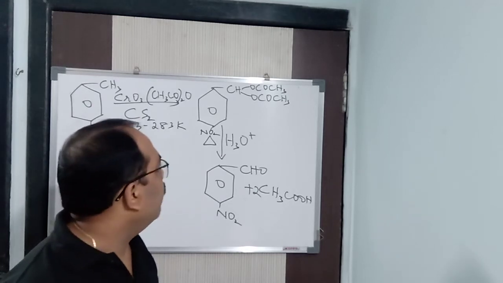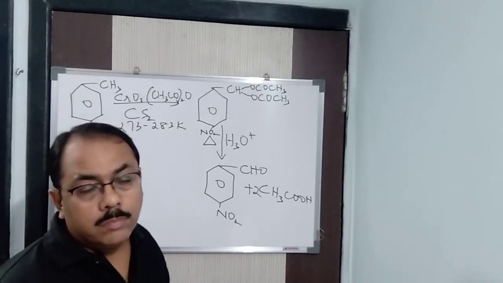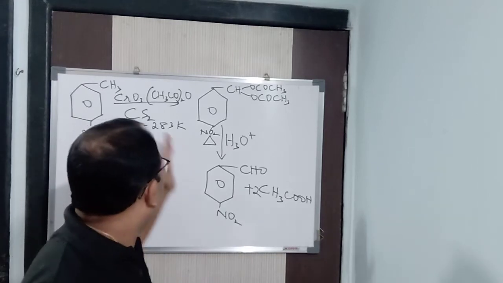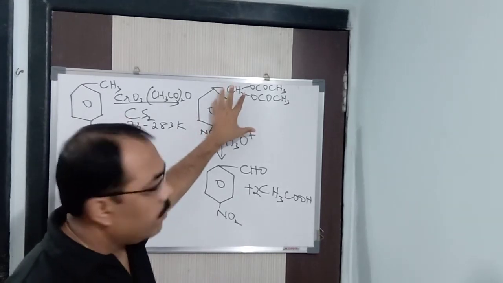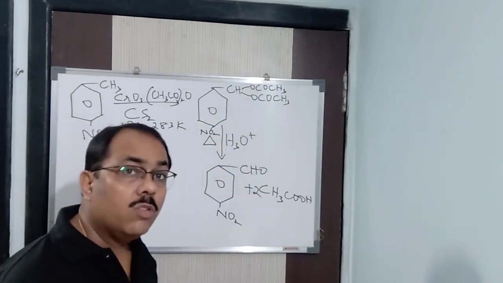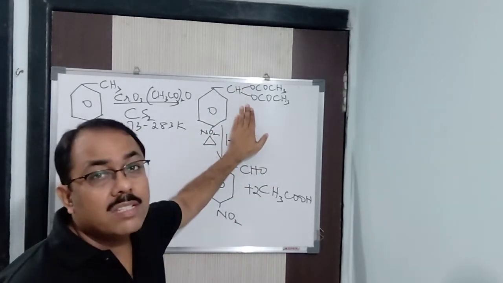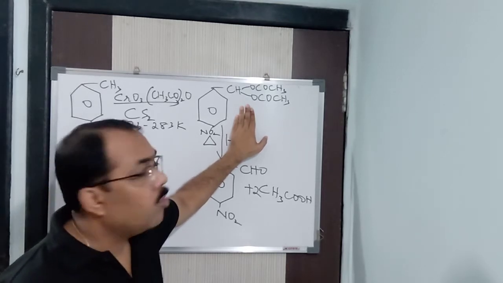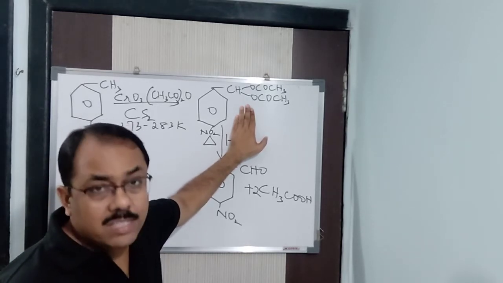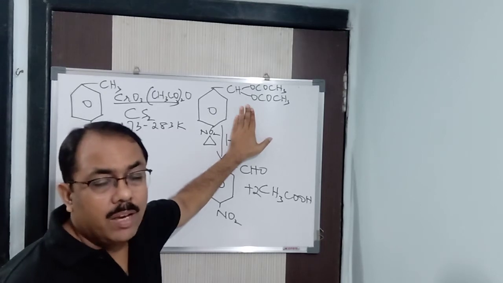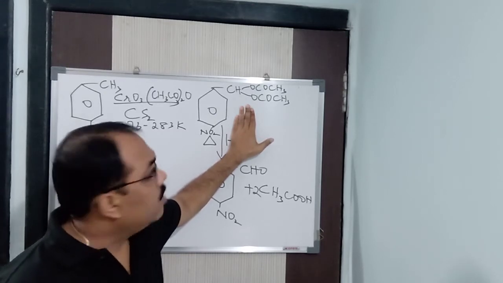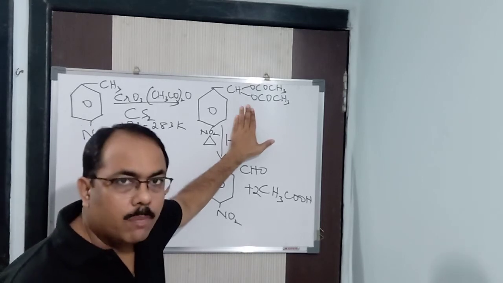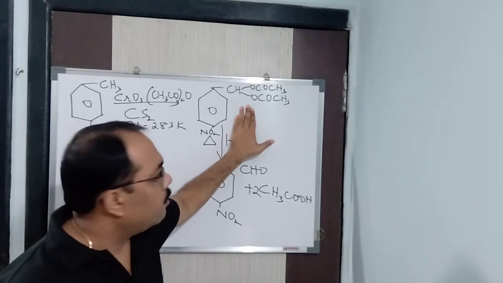What I do is that I will stop heating. I will stop the reaction there. Once this product is formed, I will stop the reaction. Now the question comes, how will I know the product is formed? It has a characteristic smell, an offensive, bad smell, by which you can come to know that this particular product is being formed. As soon as you smell it, you stop the reaction in this step.